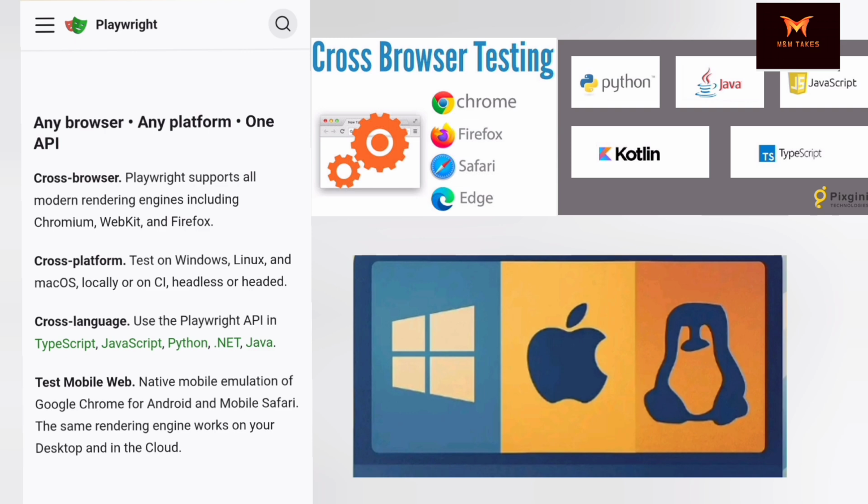Okay, so in simple terms, for mobile, we can say it allows you to test how your website works on mobile browsers like Chrome and Safari, right from your computer or in the cloud, using the same technology those browsers use to display pages. No phone is